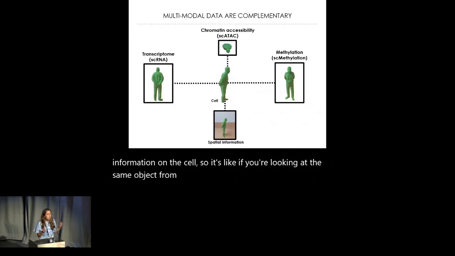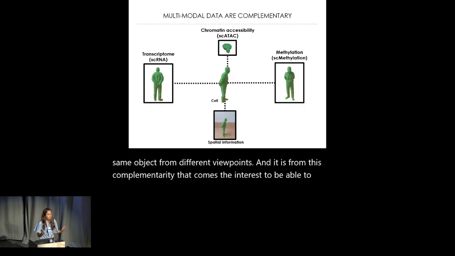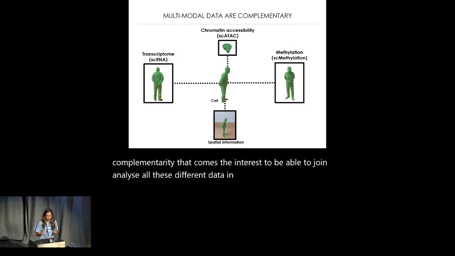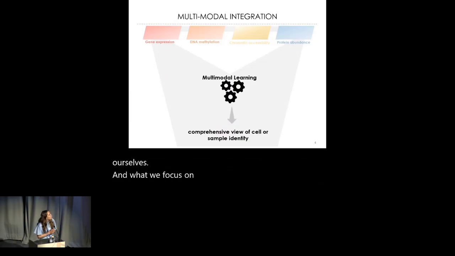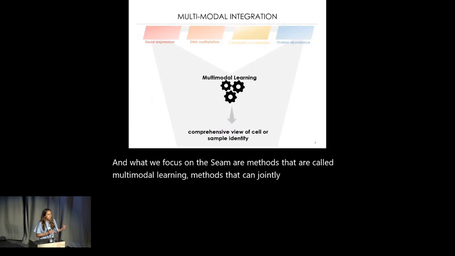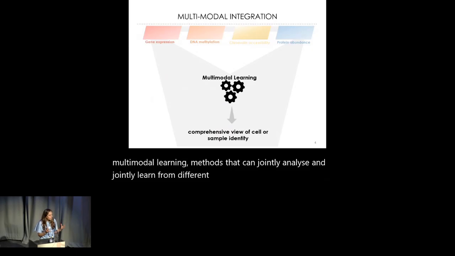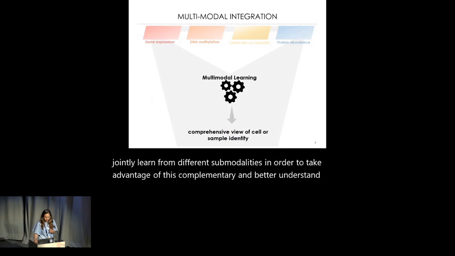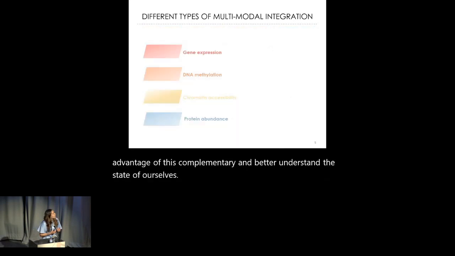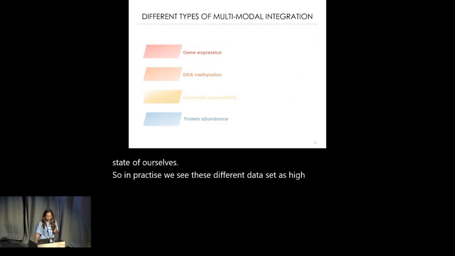And it is from this complementarity that comes the interest to be able to jointly analyze all these different data in order to better understand our cells. And what we focus on in the team are methods that are called multimodal learning methods that can jointly analyze and jointly learn from different data modalities in order to take advantage of this complementarity and better understand the state of our cells. So in practice, we see these different data sets as high-dimensional matrices, and we can either focus on